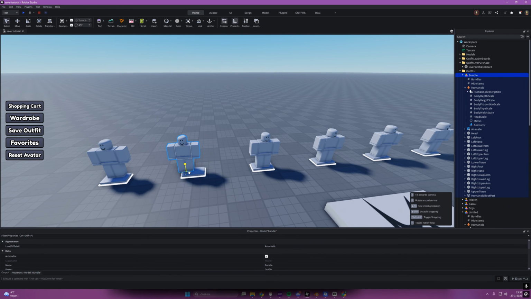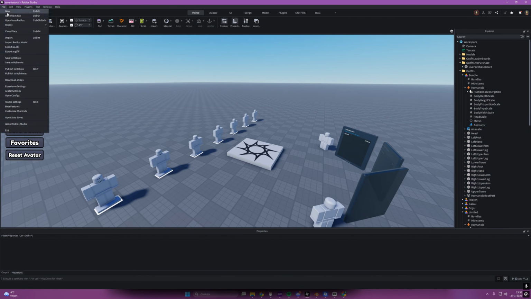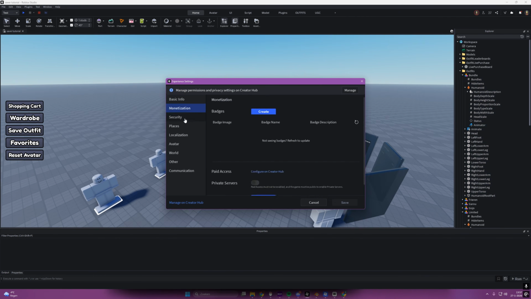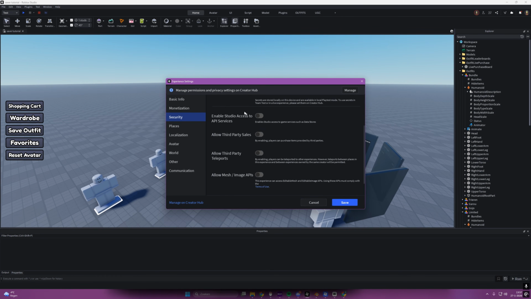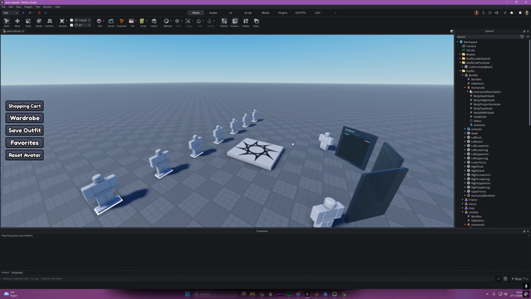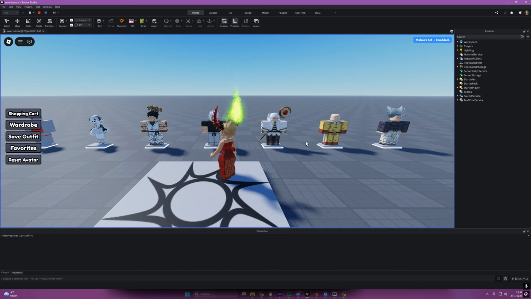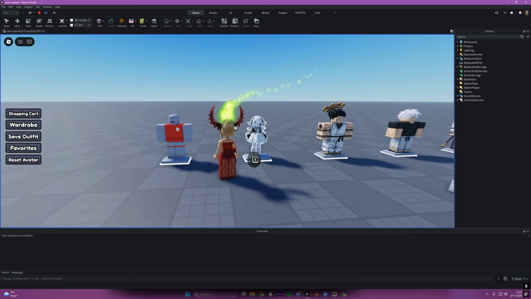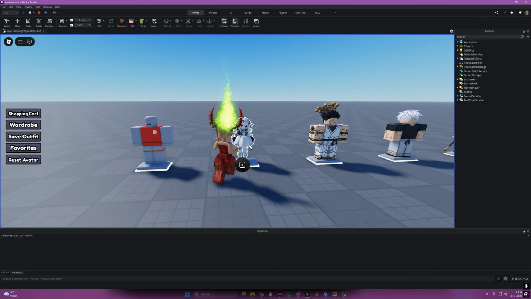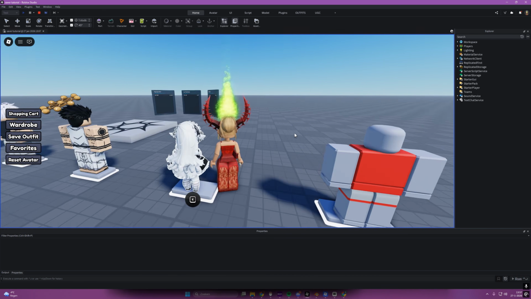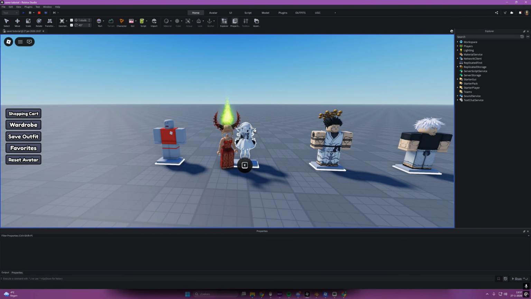So if we go into game now, we have to make sure first that our experience settings are correct. So in security, we have to allow the HTTP request, and at least these three have to be on. Then I save it. Now we can run and test it out. So as you see, these outfits now change into their outfits. So this was the naked one, but it's wearing an outfit. So it actually looks at whatever is inside of the outfit, the humanoid description, because that's what the script looks at and what is needed,